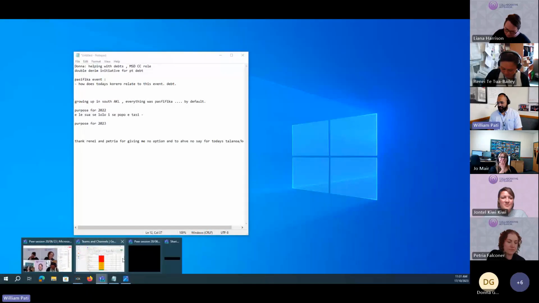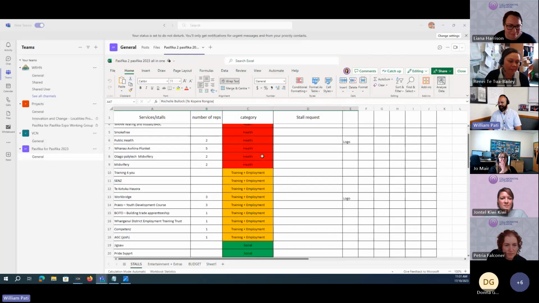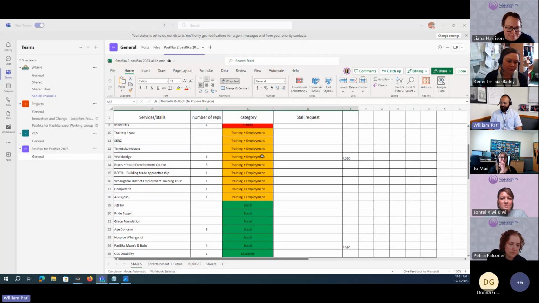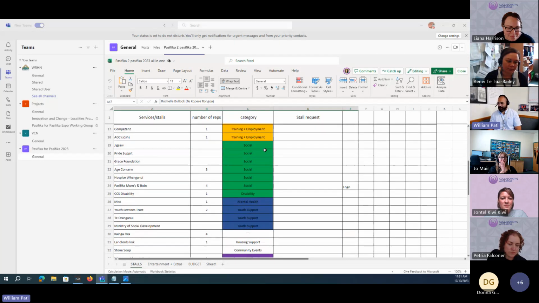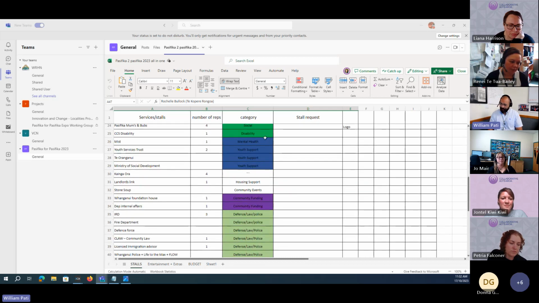Last part I just wanted to share was just who's invited. So just roughly, red is our health services who all wanted to chip in and say, yeah, we'll put up a store for sure. We've got the gold from training and employment, and there's a lot there. Social services want to come on board. You're looking at mental health to the Grace Foundation, who supports our men who come out of prison and just want to get help for the long term. Age Concern is one of my favorites. I'm blessed to be on the board for them. You got mental health and youth support in that blue.